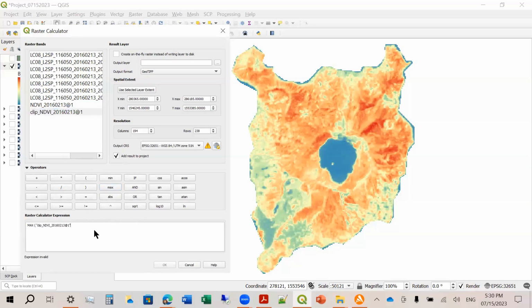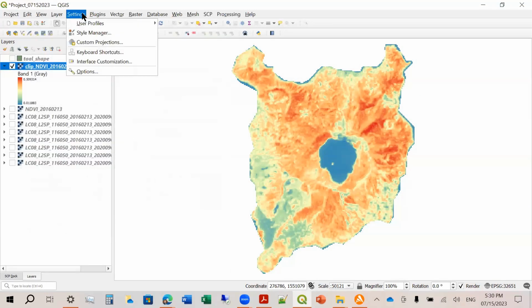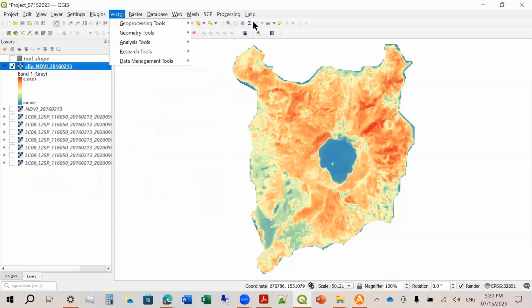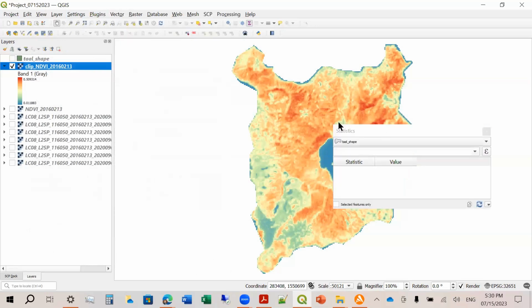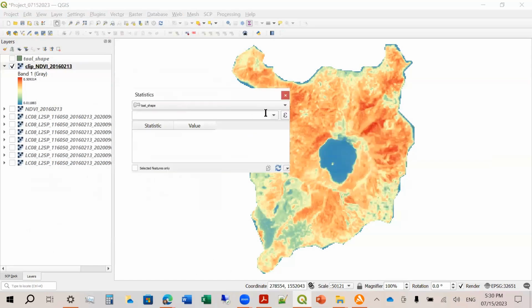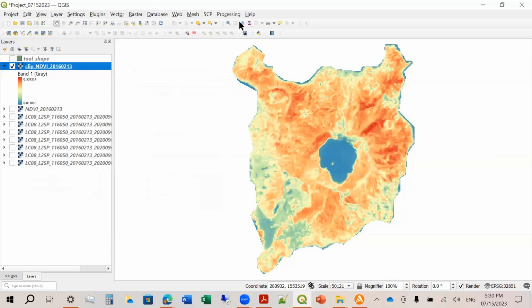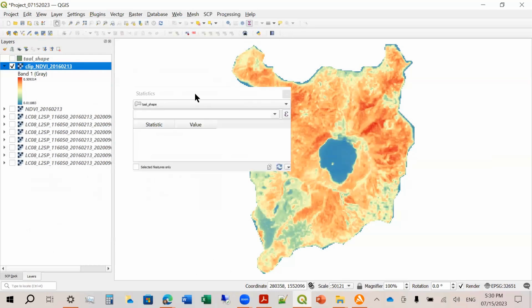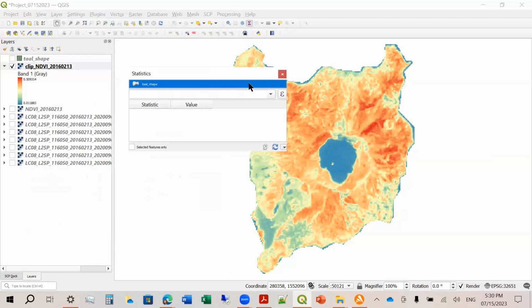And this one equals, it doesn't work. I think there's something somewhere here. This one? Statistics. So shape. If you can see this one, this is show statistical summary. This is easier. So show statistical summary. And then you just choose the